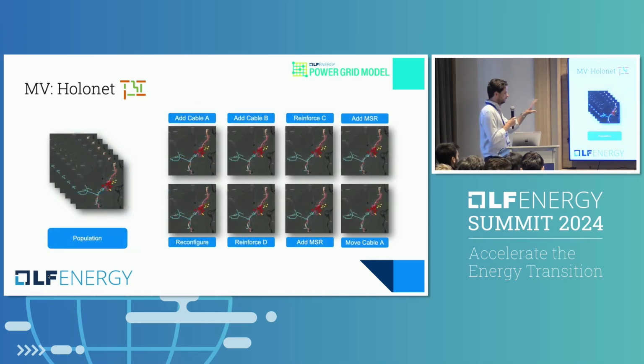So this is a typical overview of what it does. They analyze the bottlenecks with calculations, and then they generate a lot of different new networks to solve these bottlenecks. So they add cable A, add cable B, reinforce cable C, add a new substation, etc. They try all these different things, and for all of them they do the n and n-1 calculations for different scenarios. So within Alliander we typically use 2 scenarios for these cases, a high load and a low load scenario,